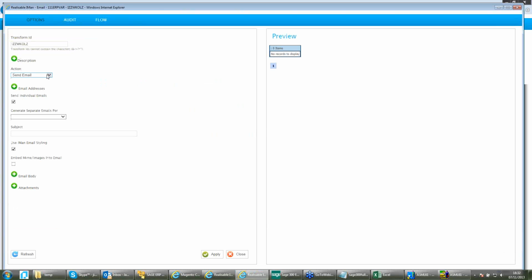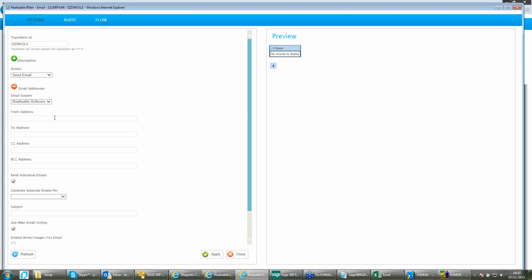So here we're going to actually send email, but with our email capabilities, we can delete email from a POP3 server, and we can also retrieve emails from a POP3 server and copy any attachments to a particular directory. So here we're sending the emails in this case, and what we need to do is fill in certain things such as the from address, the to address, etc., construct the email body and specify the attachments. So first of all, I'm going to send from my info address,